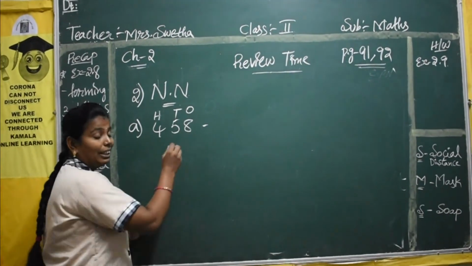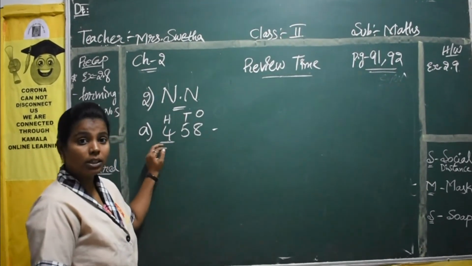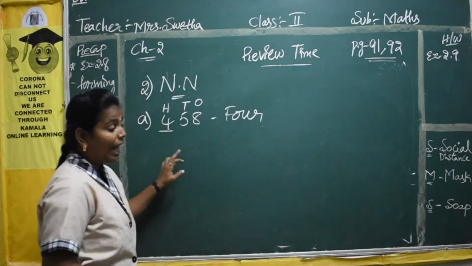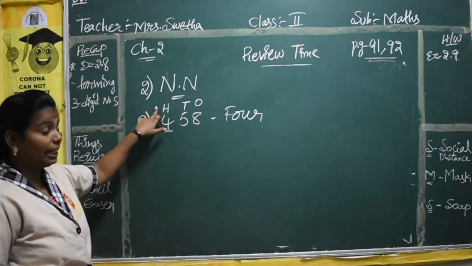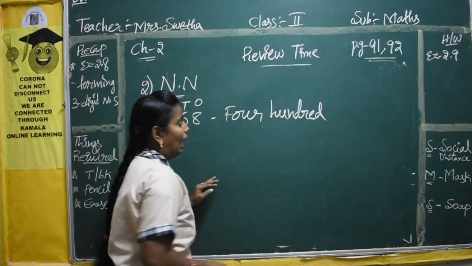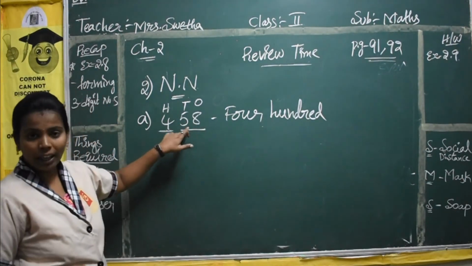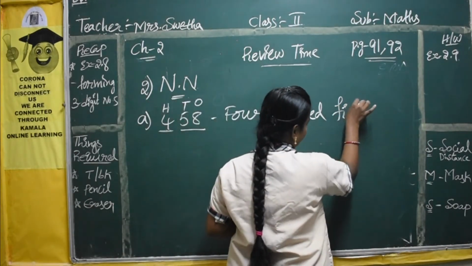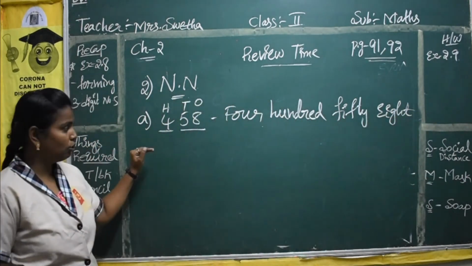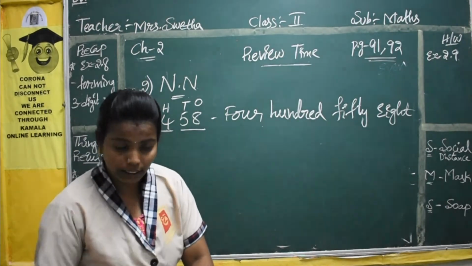Now we have to write the name of this number. First you have to take the first digit. What is the first digit? It is number 4. So write the spelling of 4, F-O-U-R, and then write in which place it is. It is in the 100 place, so you have to write the spelling of 100 here. The last two numbers we will take together, 5, 8, so it will become 58. So this is 458, and the name of this number is written accordingly. This is about your first one.